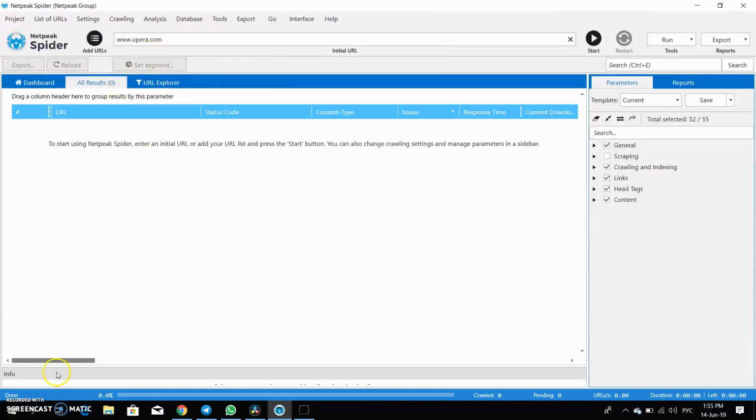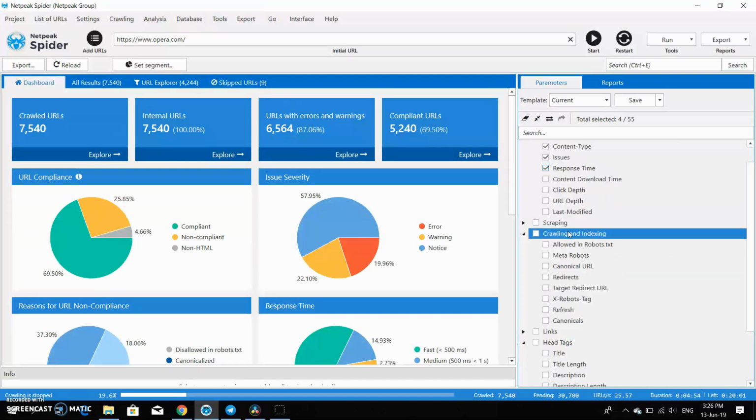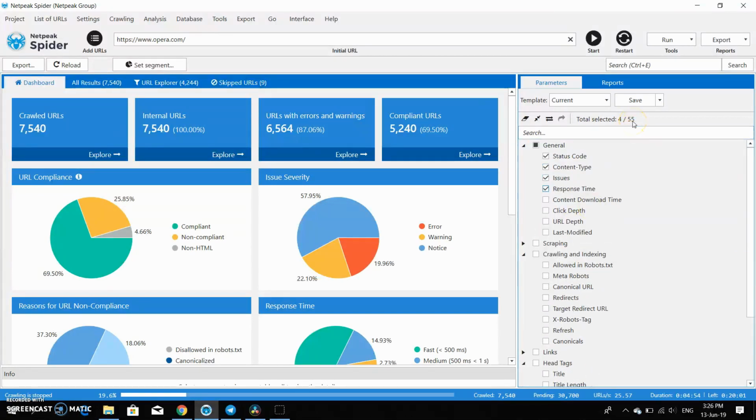Let's begin crawling. And now the best thing that makes us stand among our competitors is our flexible parameters, which for example you can take the parameters that you want to scan. As you can see, I selected 4 out of 55, which the main competitors don't allow you to. They make you scan all 55, or I don't know how many they have. So just choose the parameters you want to scan, press start, and you're going to have reports only on the parameters